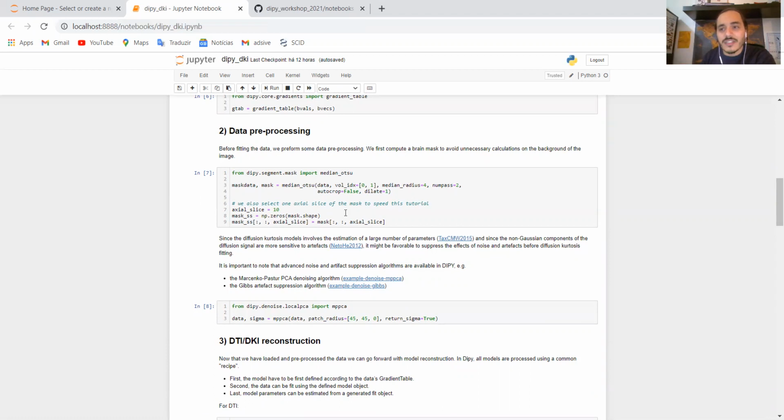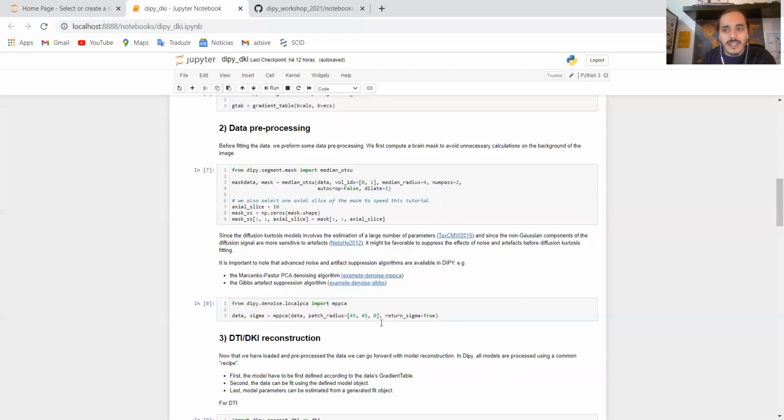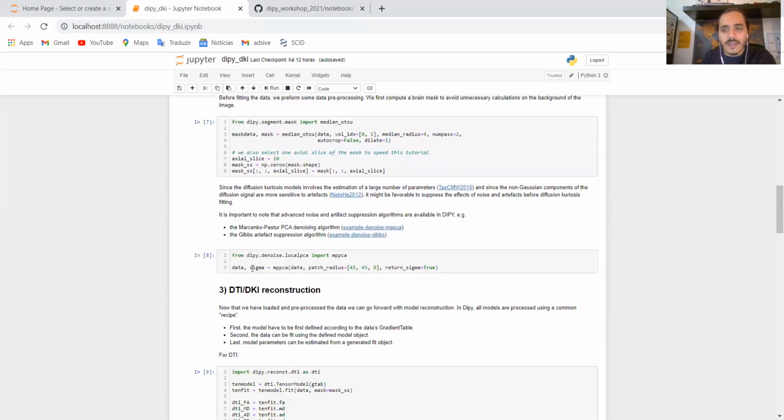And this information can be a little bit hard to capture because sometimes these deviations are very slight. So my recommendation is you really need to carefully preprocess the data to remove possible artifacts, and also try to suppress noise. Here in these cells, I'm just applying a PCA denoising technique, but I will not go in deep